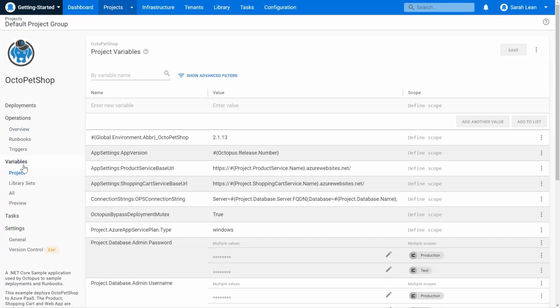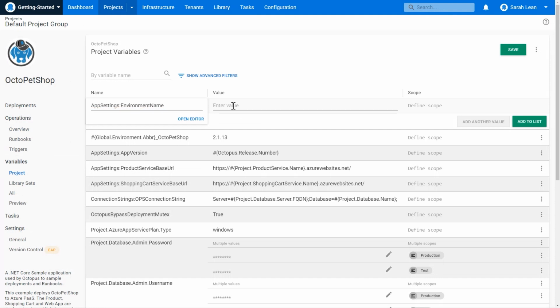Now, I've already pre-populated a lot of variables because I didn't want you to sit there and watch me typing incorrectly, no doubt, during the demo. But you can see here we've got a lot of variables populated depending on our environment. We've already got 3 of the app setting ones here. We've got the app version, the product service-based URL, and the shopping cart-based URL. What I want to do is add in that 4th one for you. So in the name of the variable, we'll do app settings : environment name.